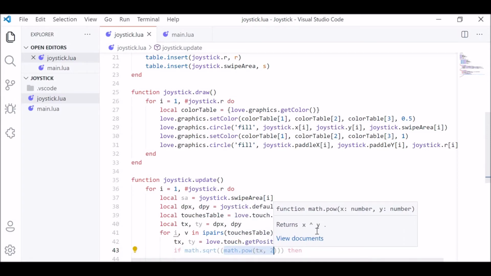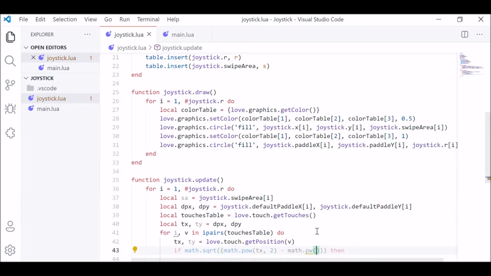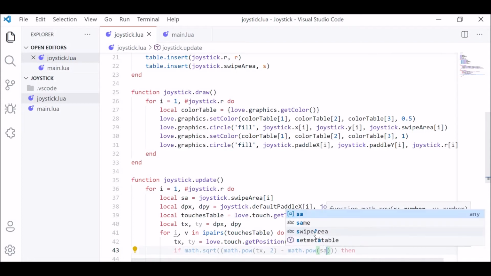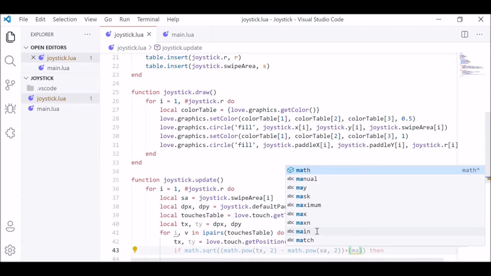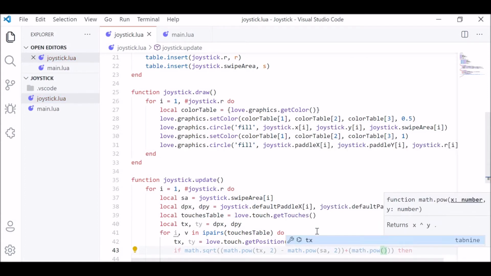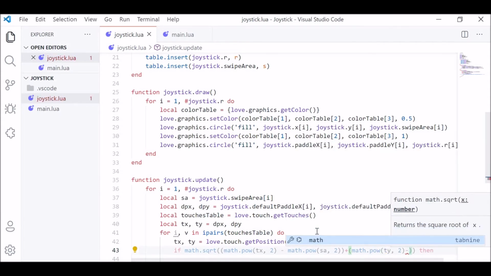So 1, and over here, and then minus math.pow, and over here sa comma 2, plus some value like math.pow py comma 2 minus,